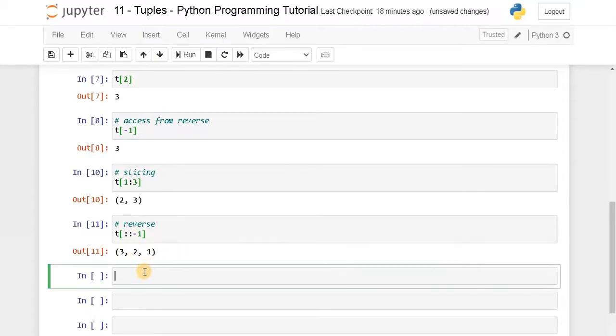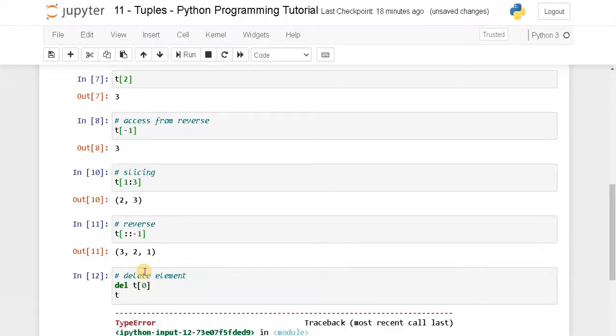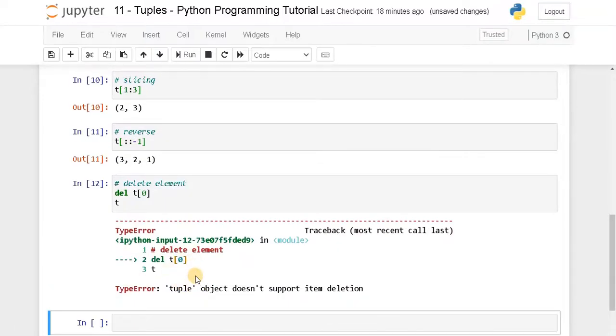Now if you want to delete an element from the tuple, that will be del of the tuple index. T of, let's say, the first index, that is 0, and display it. See, the tuple also does not support item deletion.